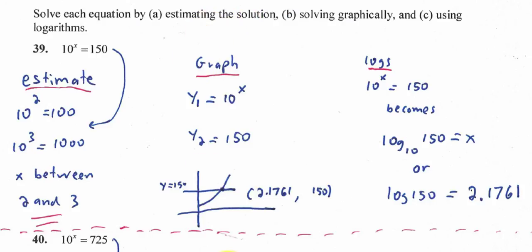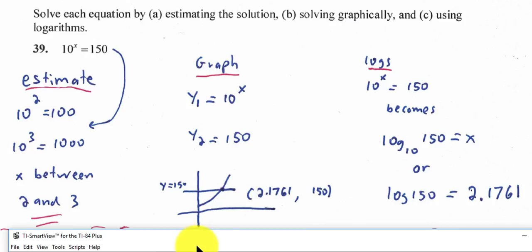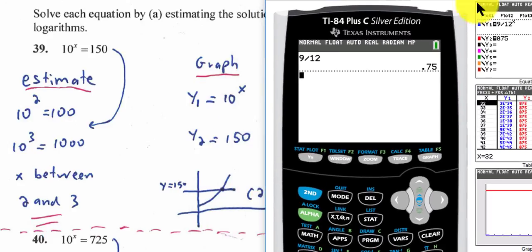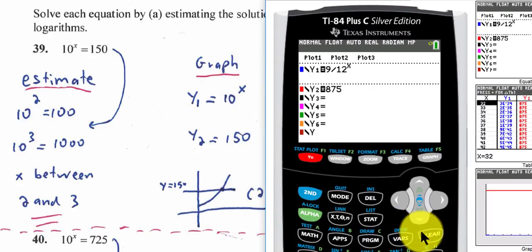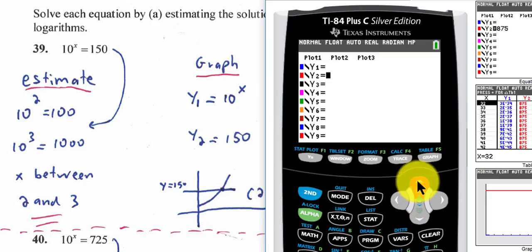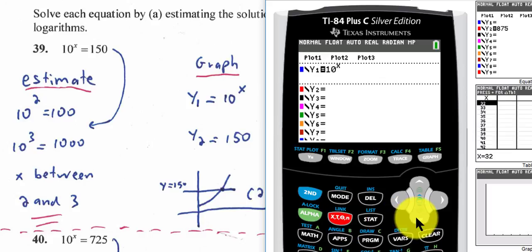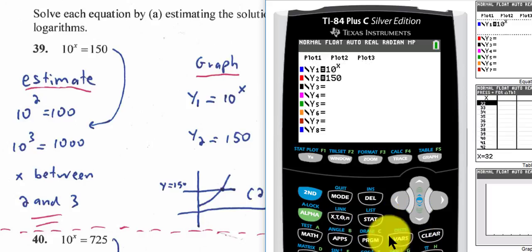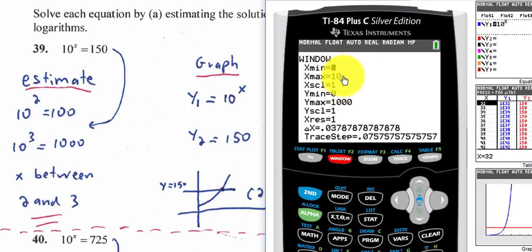What about graphing? Well, we can graph both sides of the equation. The left side of the equation is 10 to the x. The right side is 150. So if I take out my calculator and do y equals, we clear out whatever's in here, and I'll put in 10 raised to the x for y1 and 150 for y2. And remember, there's going to be a straight line at 150. If I go to my window, go from 0 to 10, and I just need some number that's bigger than 150. I'll use 200. I press graph,